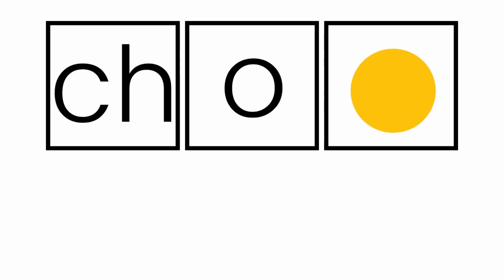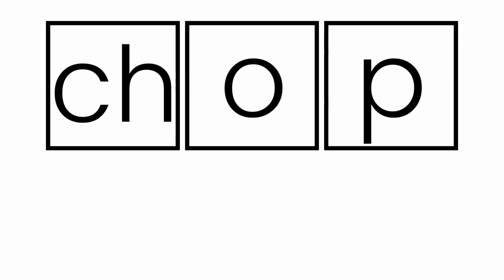Then we go to the next sound in the middle. How do we write that? O. Then we continue with the last phoneme. P. How do we write that? P. Then you can have them write that in their best handwriting. Then grab your wand and zap it. Chop. If you're looking for more information on Phoneme-Grapheme mapping, I'm going to put a link to this book below